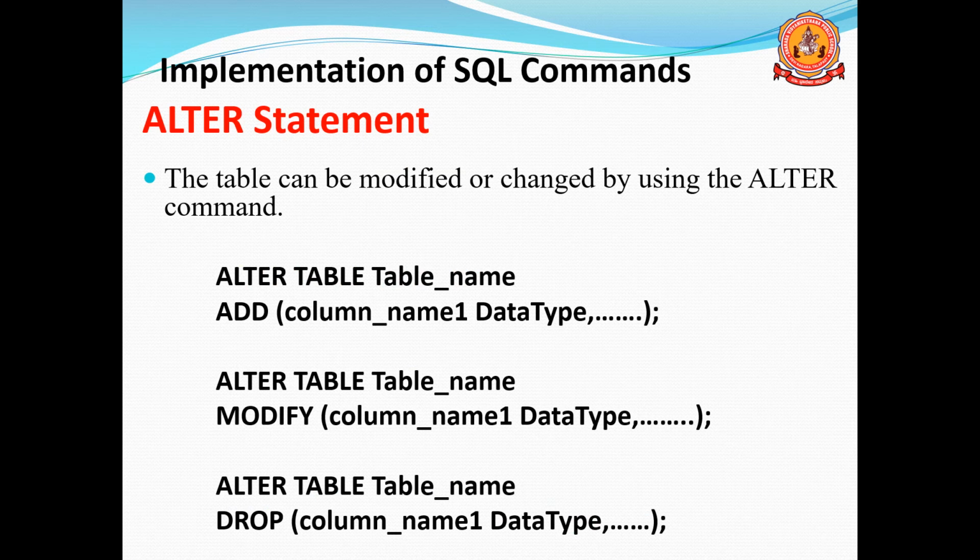It is also possible to modify the column name, and the data type is also possible to modify. Multiple column names are also possible to modify. Next one is alter table, table name, drop. If you don't want a particular column in a table, for example the third column, then we can make use of the drop command. Drop is used along with alter table. These are the three options available in the alter statement.